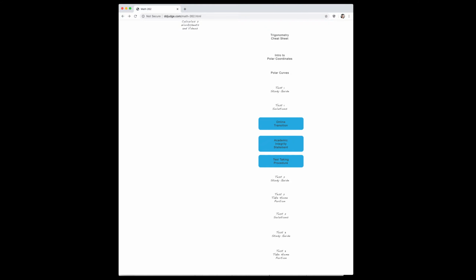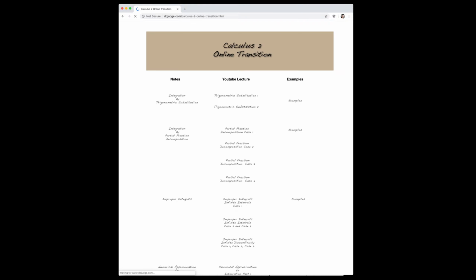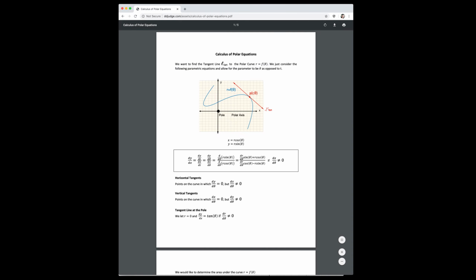And then if we go to the online transition here, let's get rid of that. Okay. We're going to the calculus of polar curves. And so we're going to start talking about this worksheet that's online called the Calculus of Polar Curves. So that's what's happening today. Also,